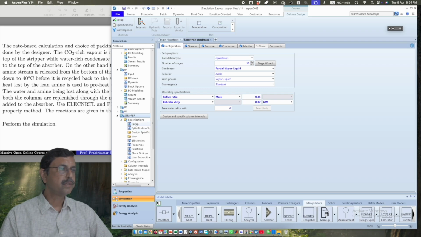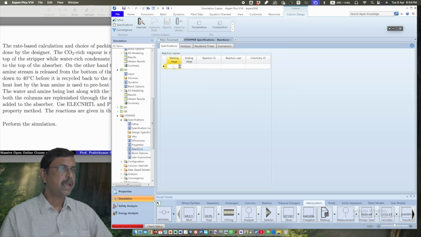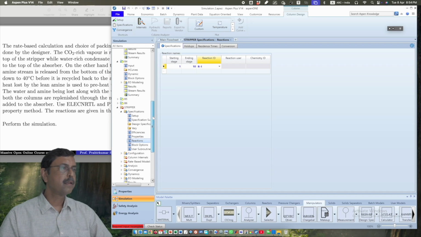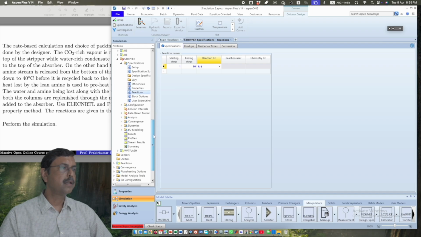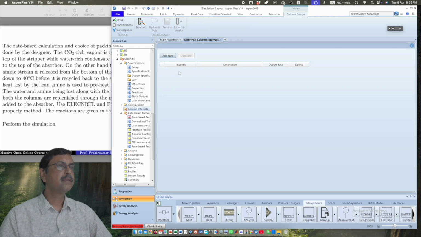So go to the stripper setup, make it rate based, go to the reaction, add 1 to 10 stages, reaction R1, then come to the column internals, add 1 column internal,